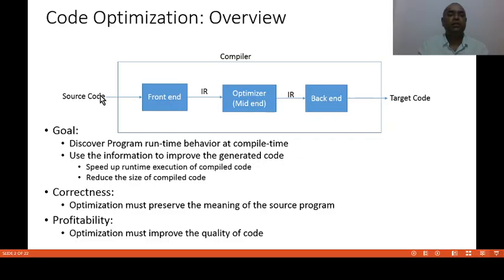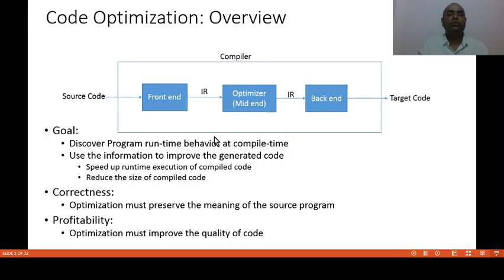When we provide the source code as input to the front end, it converts the source code into an intermediate representation. This intermediate representation is given as input to the optimizer. It optimizes the intermediate representation and provides the optimized intermediate representation. This is given as input to the backend, and the backend provides the target code.